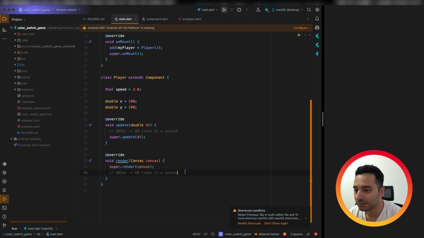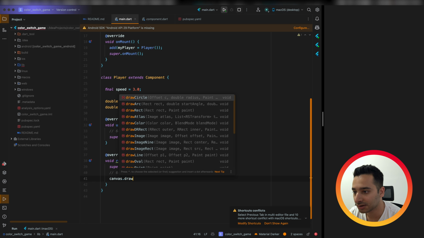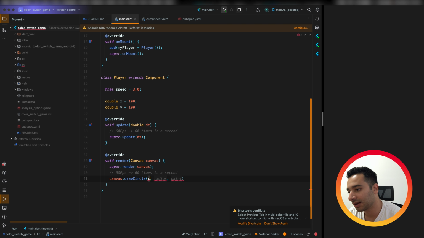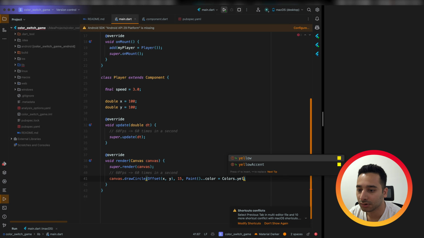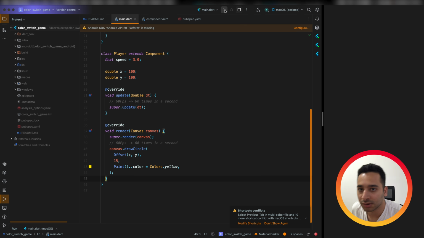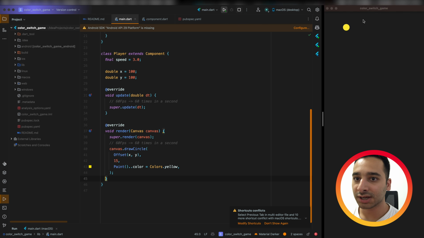So here we can say canvas.draw circle, and in the offset we say we want to draw this circle at x and y with a radius of 15 and color of yellow. If you run this code, you will see a yellow circle here.